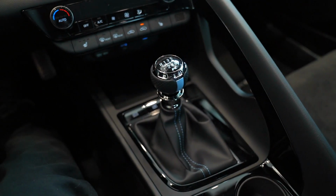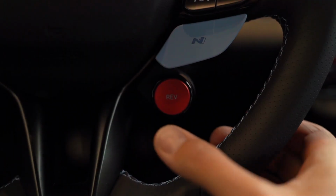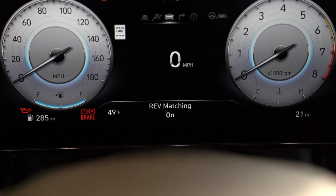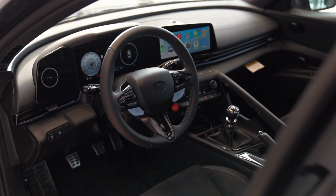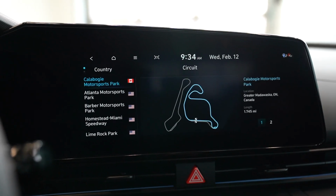It looks really cool. It works really good. And the downshifts, they're very smooth as well, but if you want, you can click this rev button, and when I have rev match, if I go from 4 to 3, 3 to 2, you can hear it revs up perfectly, gets me right into the power band, and this would be an excellent little track vehicle or just day-to-day blast around toy. Now, what's cool about saying it is a track vehicle, if you go into the infotainment screen